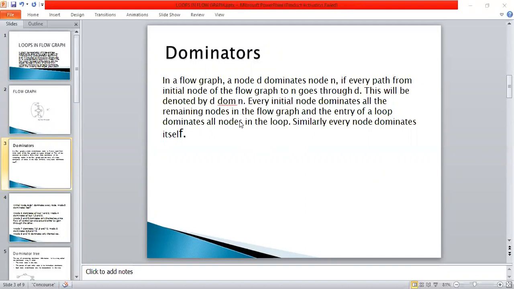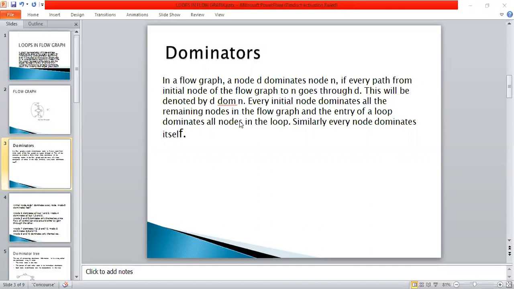Simply, the dominator is defined as follows. If X is a node, and I have a root node and another node called Z, and the information from the root node to Z is passed through X, hence X is called a dominator node.